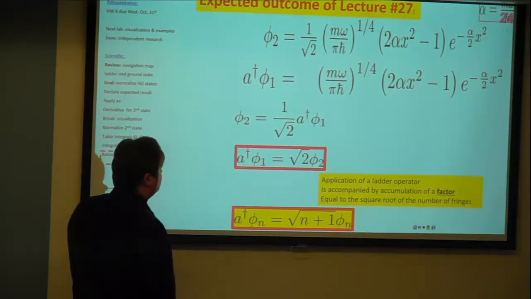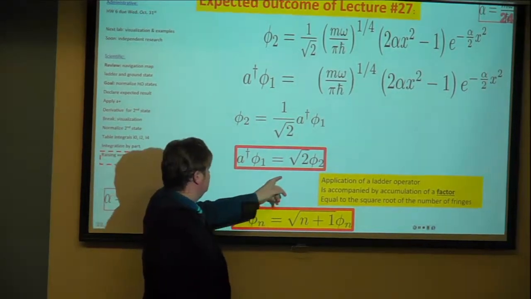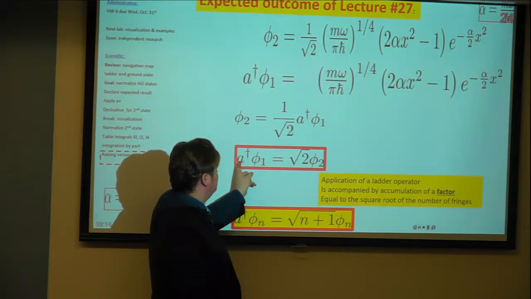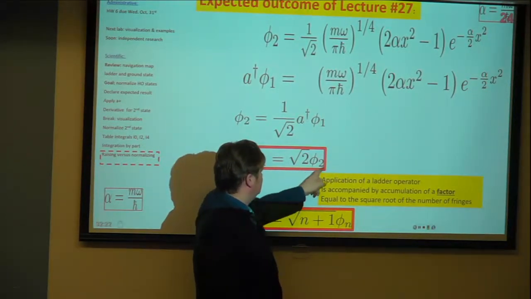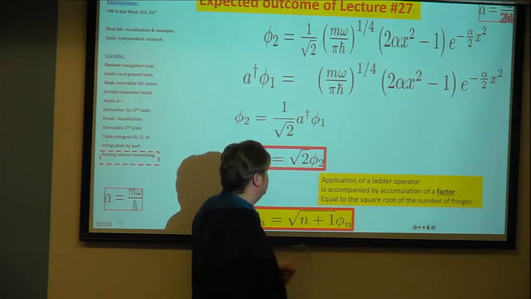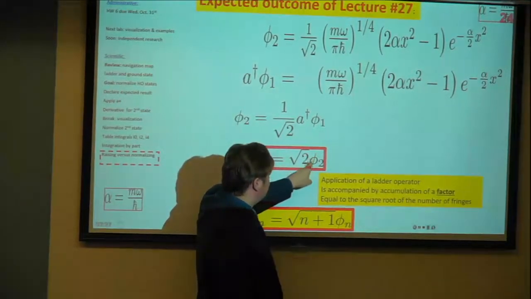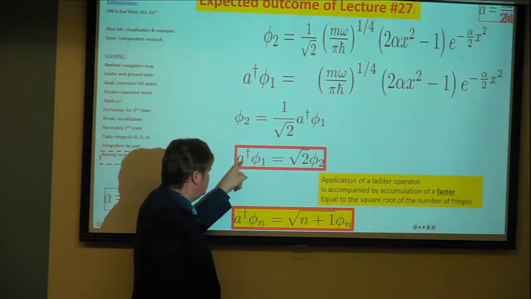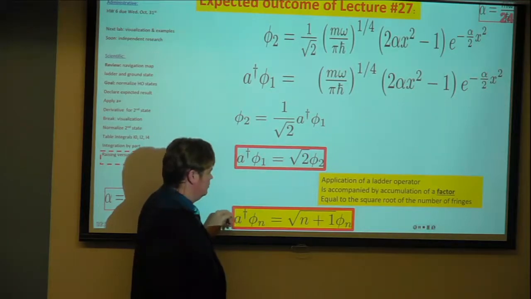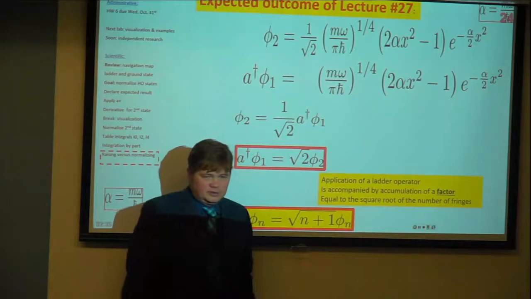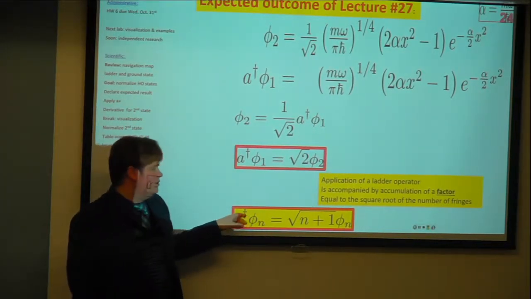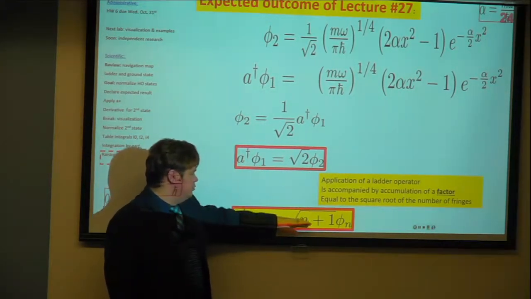And then, as a result, we see that applying the raising operator to the first excited state gives the second excited state multiplied by square root of 2. If you want to get the second excited state, you need to apply raising to the first divided by square root of 2. And then we project this observation to higher order terms. But we are not going to derive it. Looking at this equation, we project this to be general.